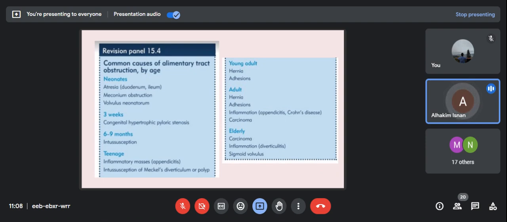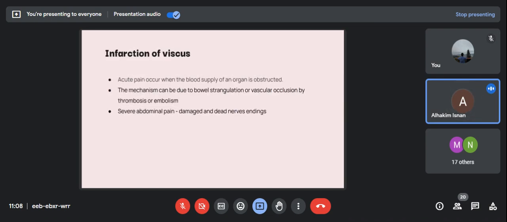Here are the common causes of obstruction by age. You can see in the young adult, adult and elderly, there is hernia, adhesion, and carcinoma. Next one is infarction of the viscus, where the blood supply of an organ is obstructed, and then there is causing